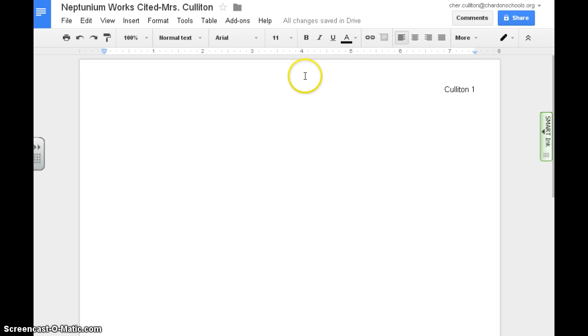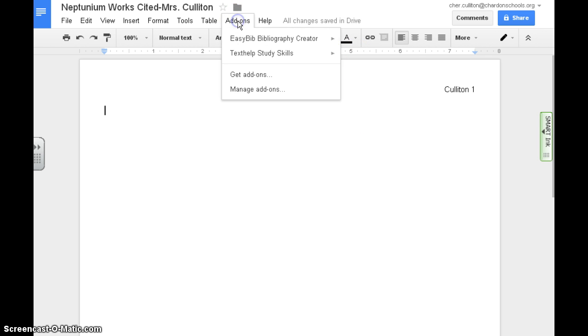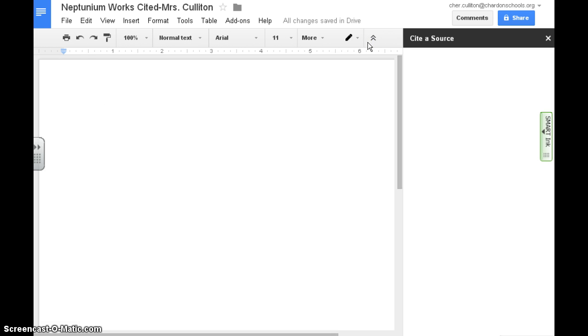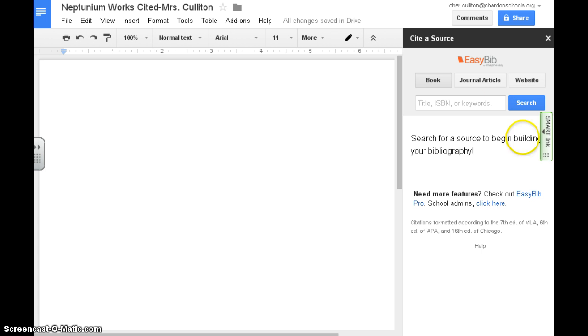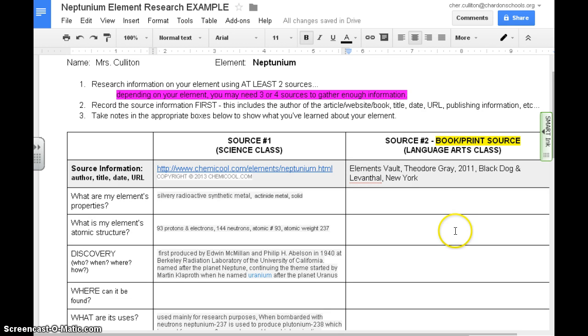And now we're ready to look for our sources. So we have an add-on in here that we did at the beginning of the year called EasyBib. So we're going to open that bibliography, and it brings up a search box off to the right, and we have 3 choices. We could use a book, a journal article, or a website. And so the 2 that we did for this project focus around a book and a website. So it's already set there for books, so I'm going to go back here and look at what source I used, and if you want you can probably just copy it